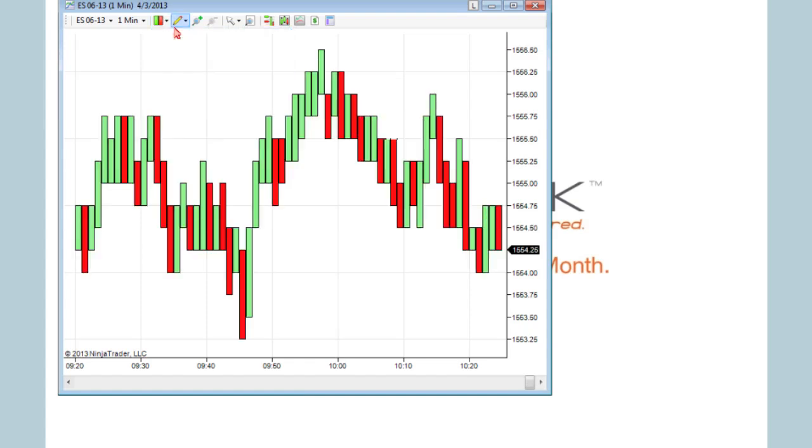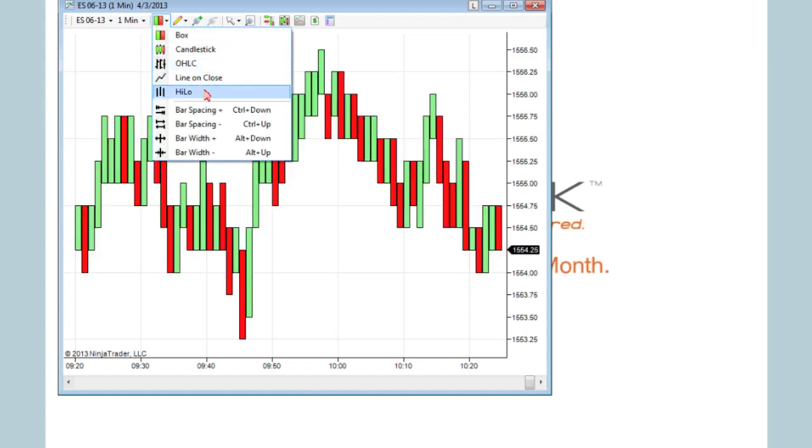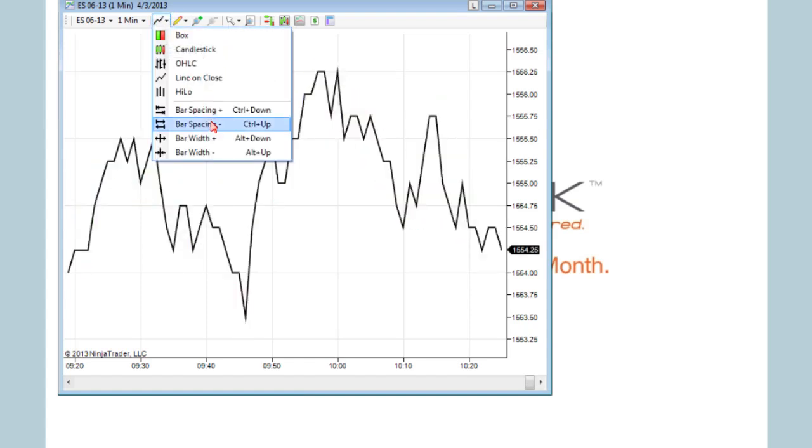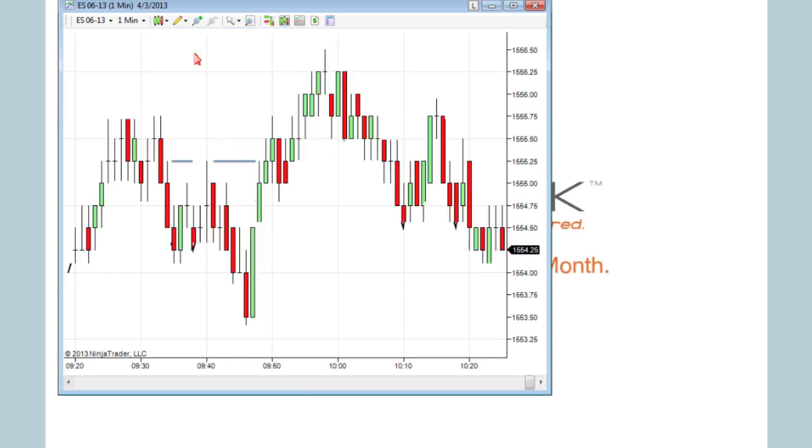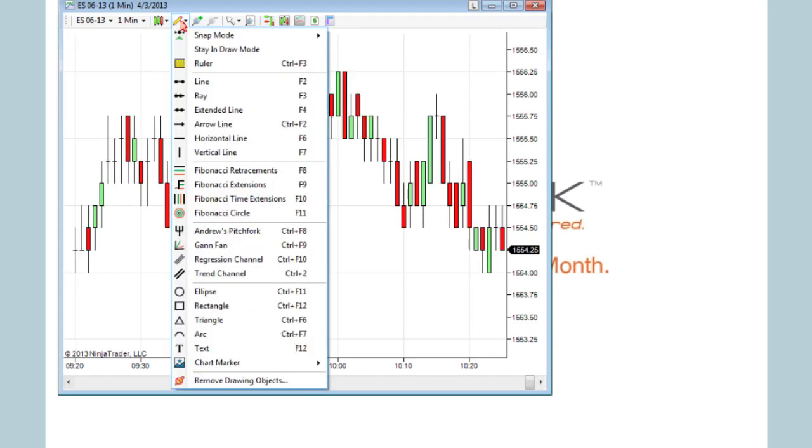To the right of that, we can change our chart style. We can change it to box, line on close, whatever we'd like to change it to right there. There's also bar spacing and width available there. To the right of that, drawing tools, really big item. I'm not going to get into something like Fibonacci retracements just yet, but something I'd like to show you,